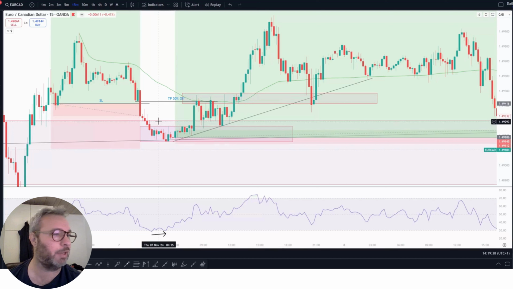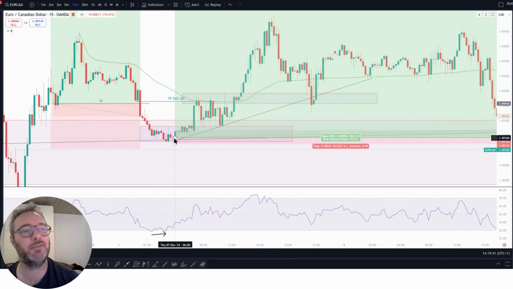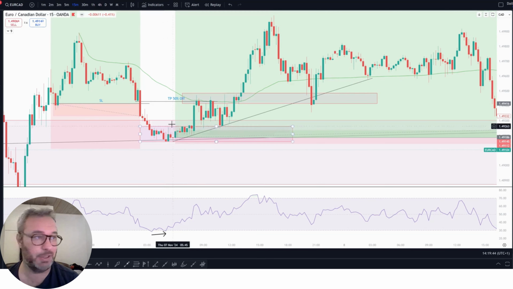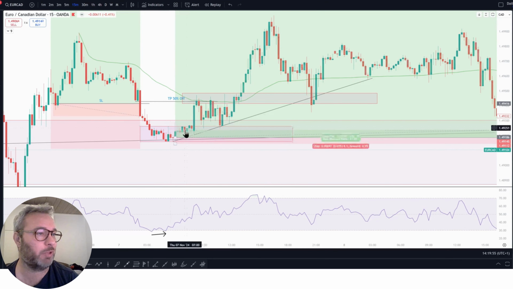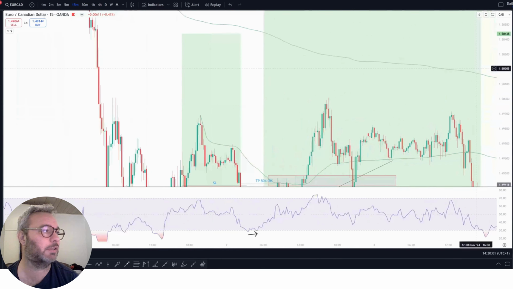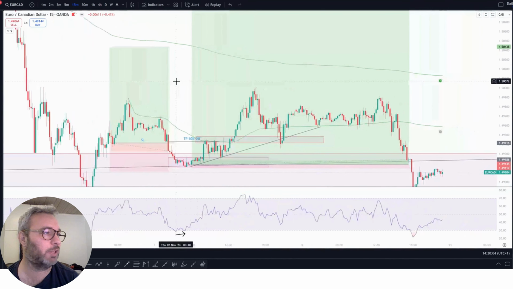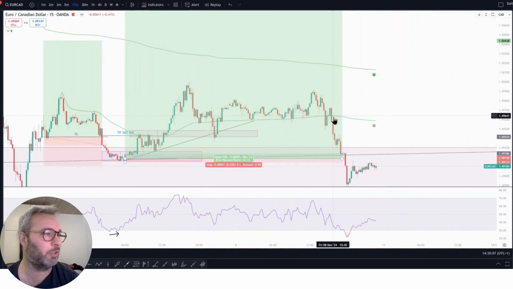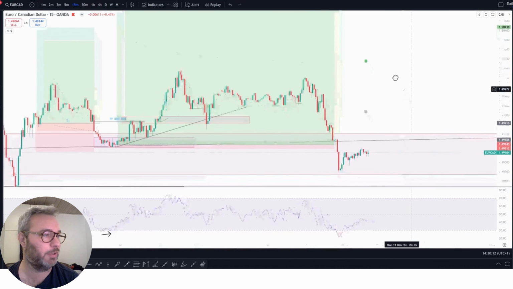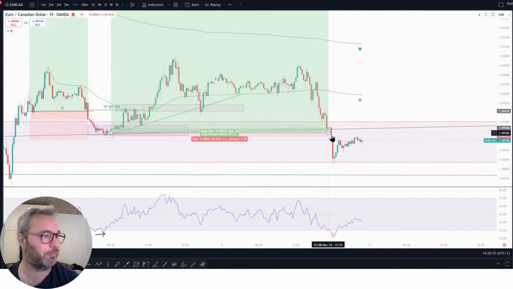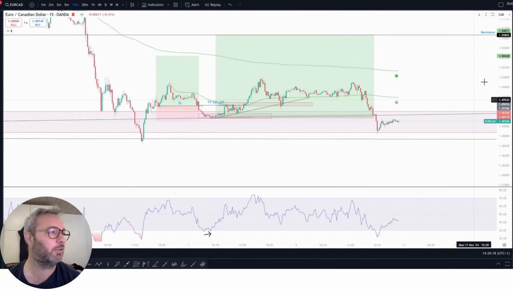My EA, electronic assistant, automatically takes 50% off after 2R. That is a system I have set so I never leave profit on the table if the price just goes against me and I forget to take profit. So my first take profit after 2R would be around here. Then I took one more time up here, and I would have taken one more time. Yeah, when the VWAP here was broken on the way down, I took profit again, and then the few I have left got taken out here at break even. So yeah, that was a very good trade.